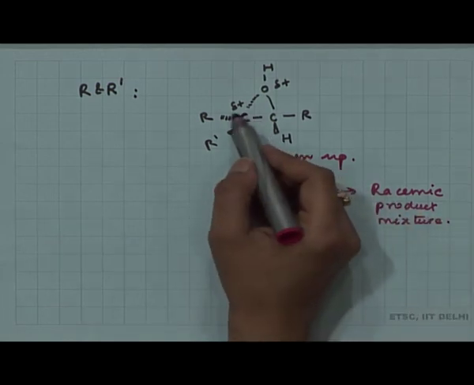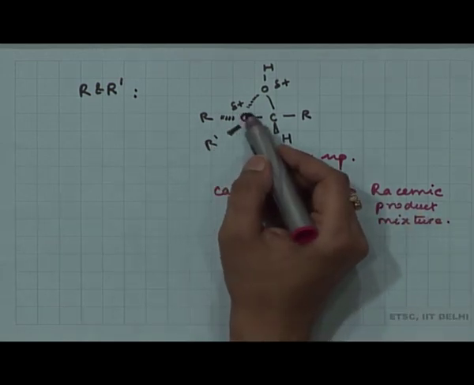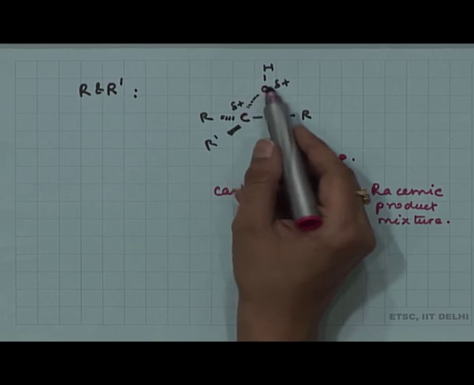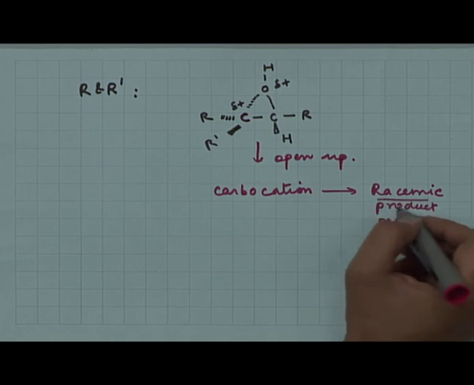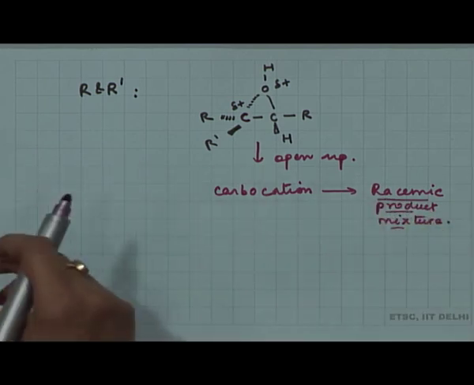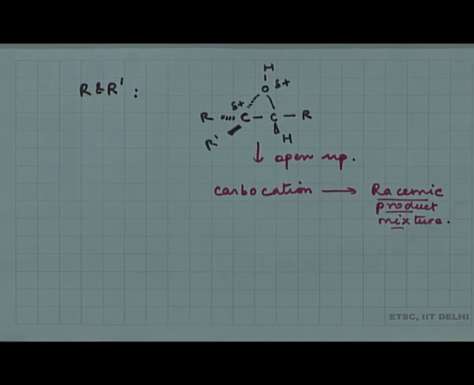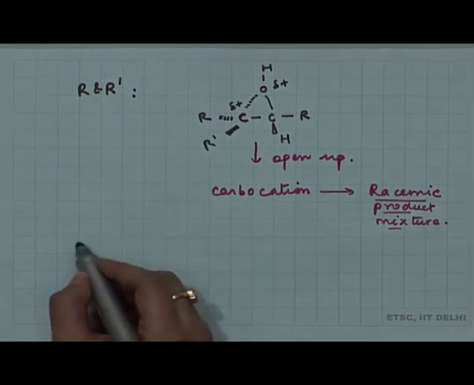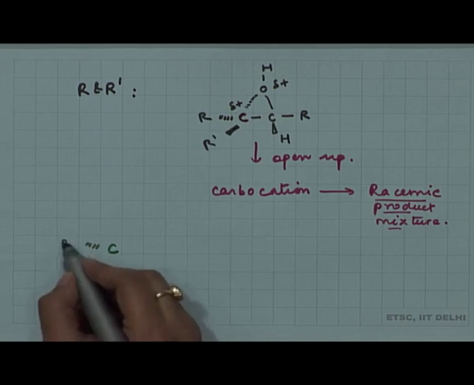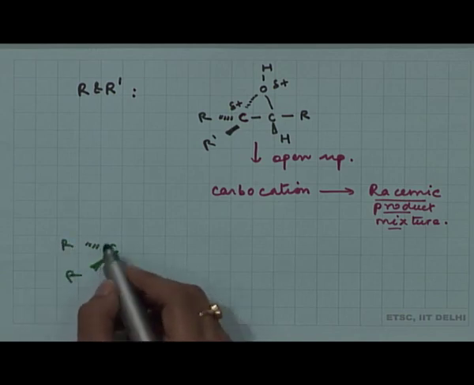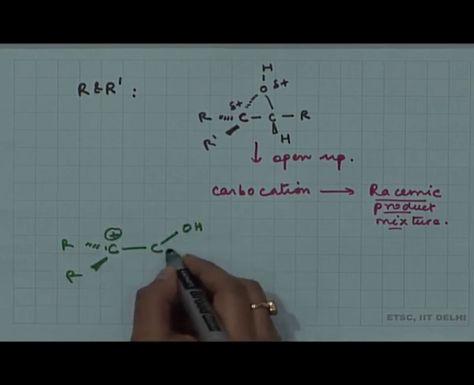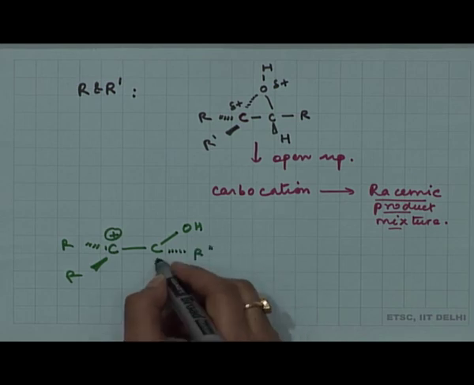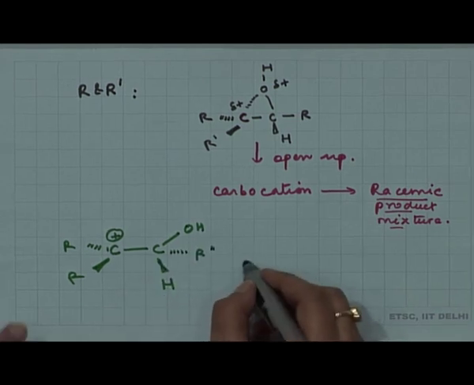So, if these alkyl groups tend to stabilize this carbocation extremely well, then this is going to open up in the first step, before the nucleophile attacks, and in that case you are going to end up with a racemic mixture of the products. So, this is the possibility, that it opens up and gives you a discrete carbocation before the nucleophile attacks in your SN1 pathway, and then you end up with the mixture